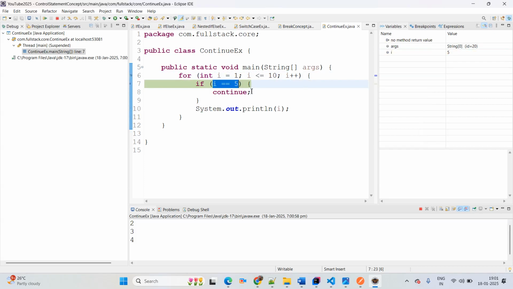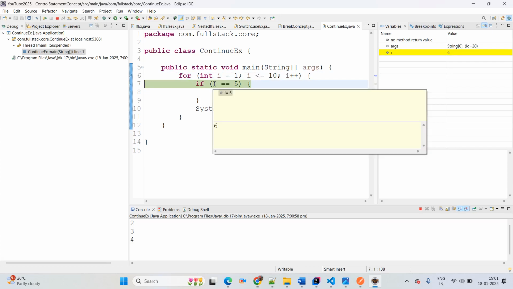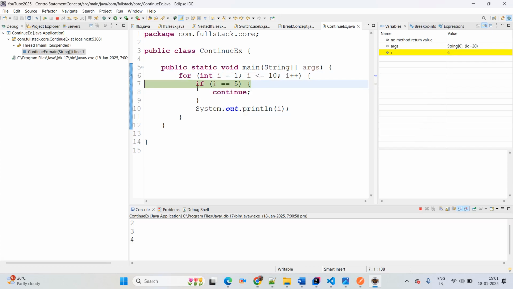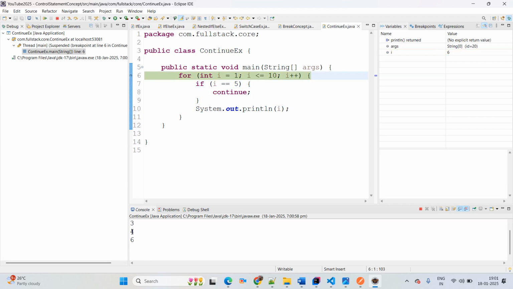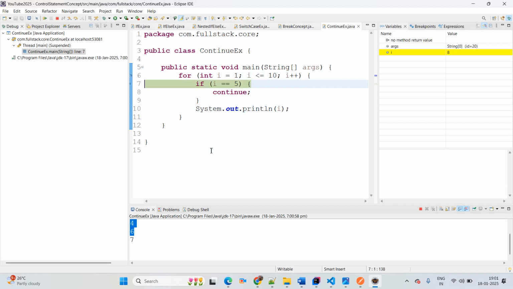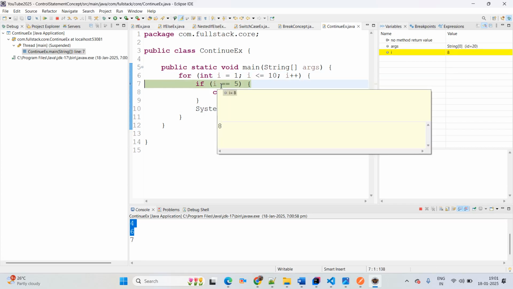Function F6. And once it comes here, it directly jumps to next. It means it does not go to the printing statement. It directly again jumps to next. It means 6. See, i is 6, right? And function F6, it will go to the printing statement. See, 6 also printed. It means here they skipped the 5. Yeah, function F6. See, now I want to remove the debug mode and I am pressing function F8 for